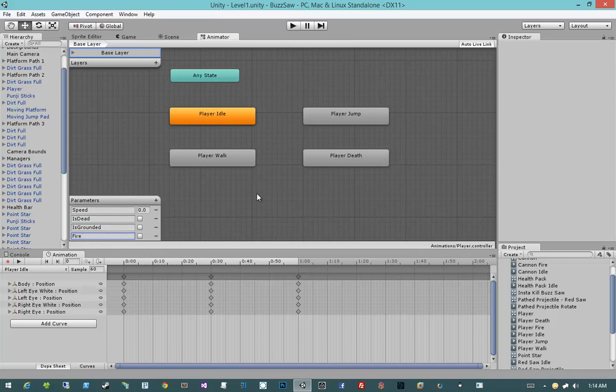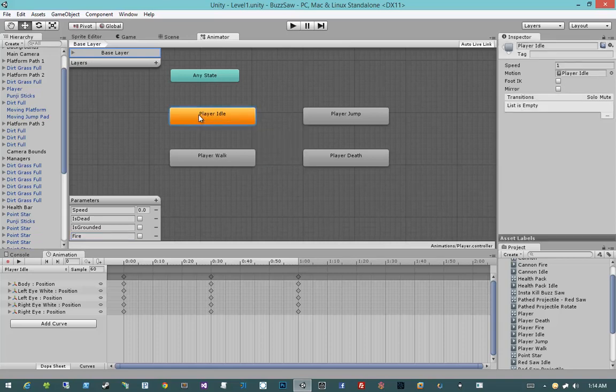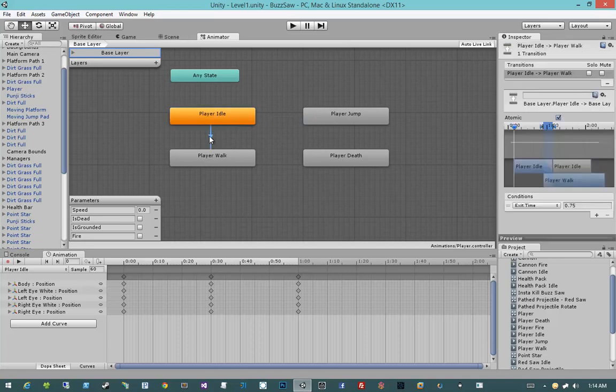Okay, so let's make our transitions. I'm going to right-click player idle, which is our default transition. If it's not your default transition, be sure to right-click and set as default. Then I'm going to make a transition between idle and walk. Then I'm going to click on this transition and open up its conditions, and select exit time. Instead of exit time, I want to check speed. So I want to say if speed is greater than, let's say, 0.01, then we want to transition from idle